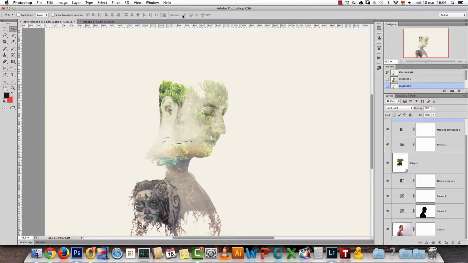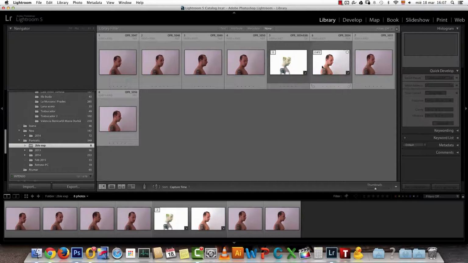So let's get started. The first thing you want to do before you take your pictures, if you want to reproduce this effect using your own images, is to have a portrait with a white background. It's not necessary to have a DSLR camera. You can even take the photos with a smartphone or pocket camera. You don't even need a flash. Just to show you, I have these images that I took.